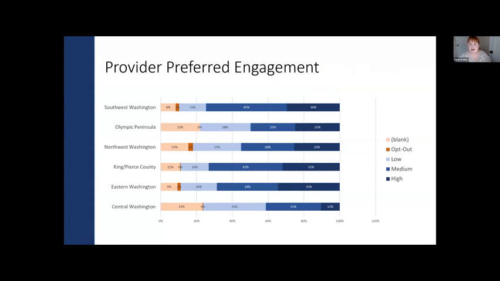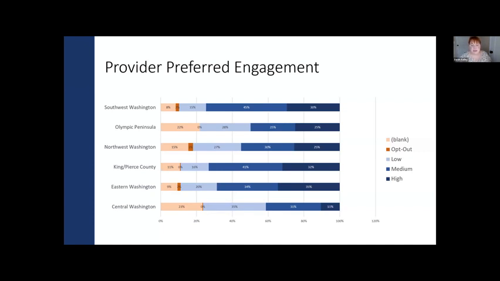So you can see that light peachy color, those are providers that are currently engaged in Early Achievers, and their provider preferred engagement is blank. So I would say that overall data entry was really good in terms of how many people have their preferred engagement specified. That data will translate into the new field, so you'll be able to go in and adjust it, but it also won't just disappear if they're staying at the same level. We have a very small percentage of providers, and none in some regions, that are opting out of coaching.